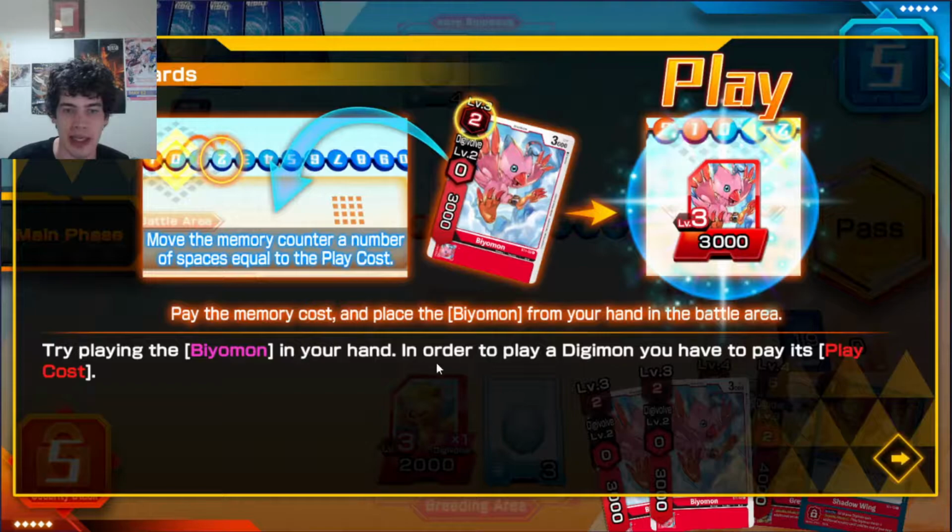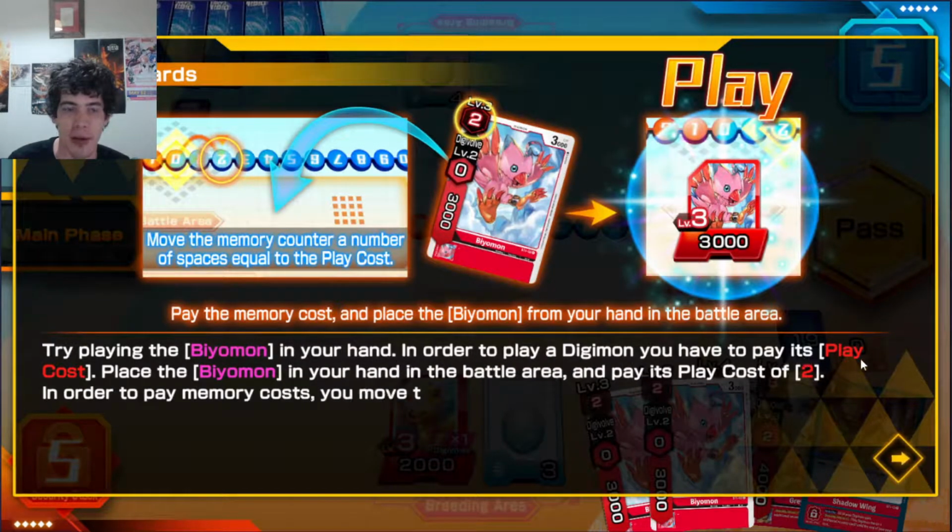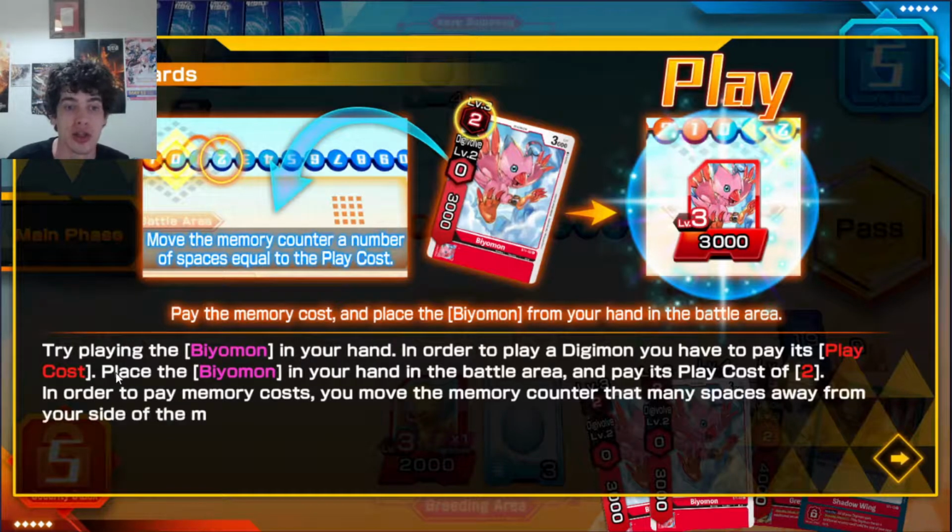And then we could try playing the B.B.T.A in our hand. In order to play a Digimon, you have to pay its play cost. So you place B.B.T.A in your hand into the battle area and pay cost of 2. In order to pay memory costs, you move the memory counter that many spaces away from your side of the